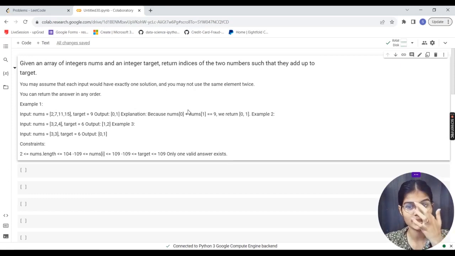So see here, we are having as input numbers 2, 7, 11, 15. These four numbers we are having. Now I want the result as 9. So simply 2 plus 7 we will add, and it will result in 9. In the output I want the index of 2 and 7. So see, my output is 0, 1. The number present at 0 and the number present at 1, if I add both of those, will result in 9, and that is my target. So my resultant output is 0, 1.